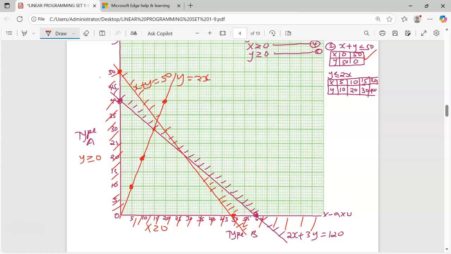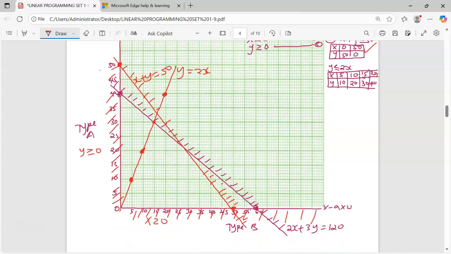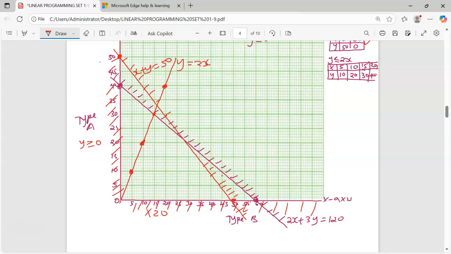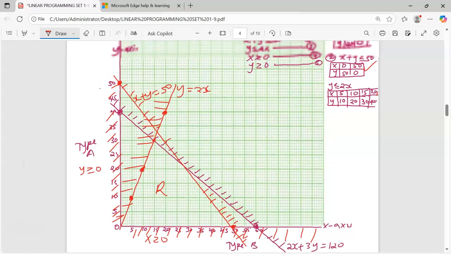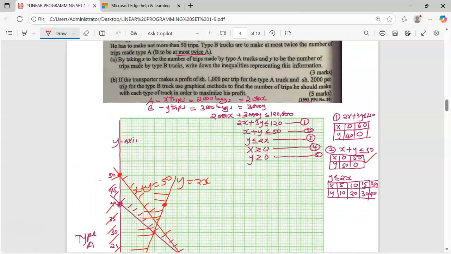So for what we need from y is twice x is below that line. So we are going to have to shade the upper part, since what we need is below that line. At this point, we are going to have the required region at this point. And once we have done that, we can now move and